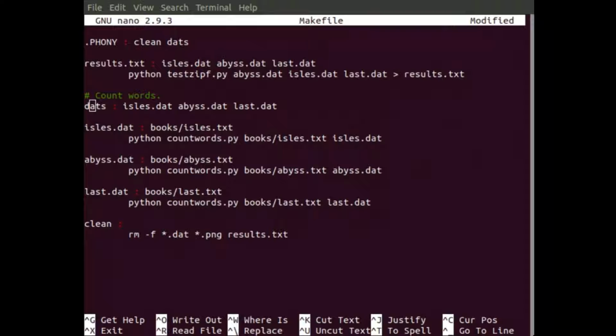Okay, let's move to here. In this part, I will explain a way when you use a makefile. Well, before, I see that we have a